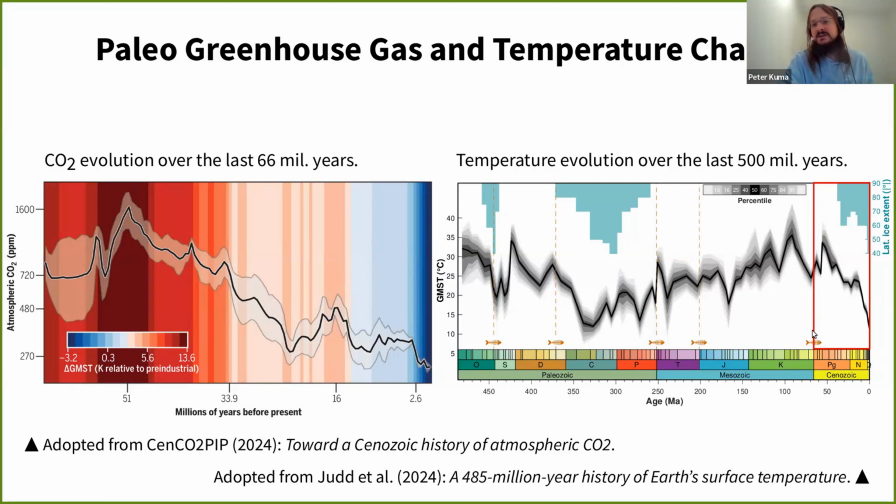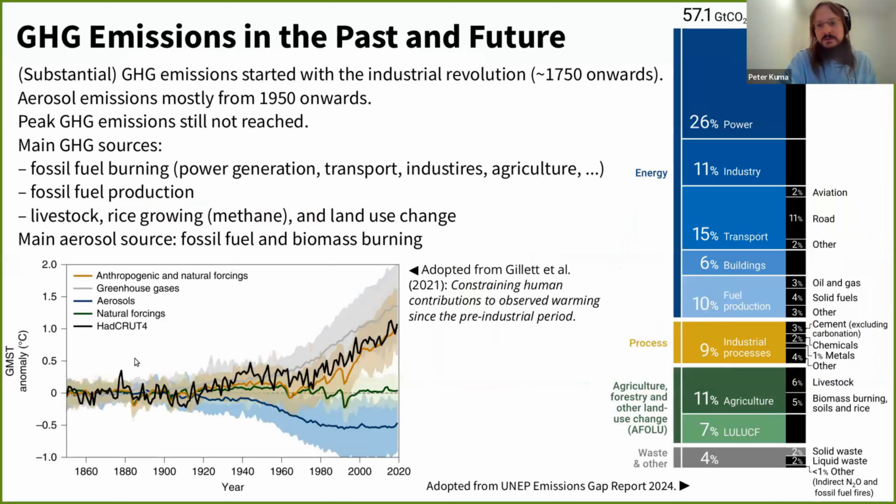So the current era is relatively cold compared to the historical times, the very far historical times, when temperatures were almost 30 degrees Celsius at certain points, whereas now the temperature is about 15 degrees Celsius. But it also means that all the life on Earth has already adapted to these relatively low temperatures on the scale of time of millions of years.